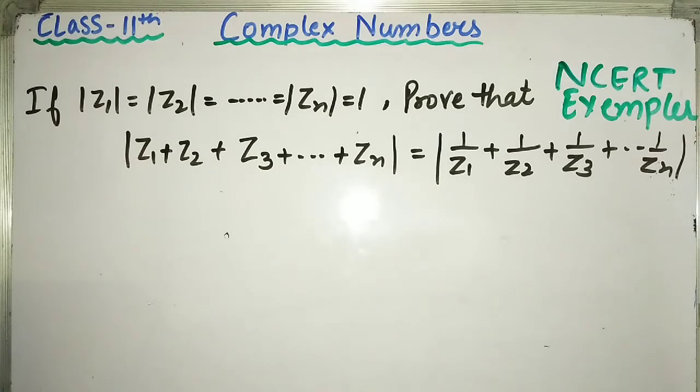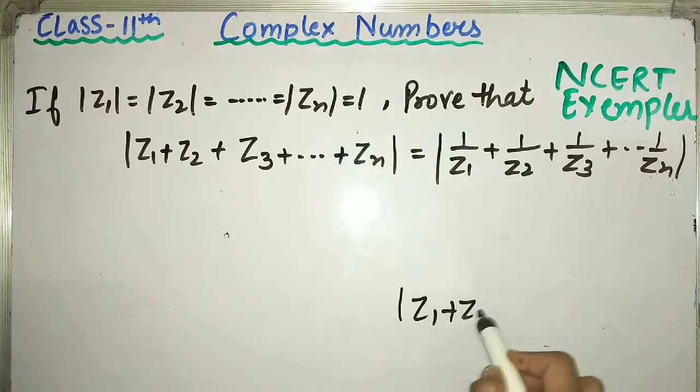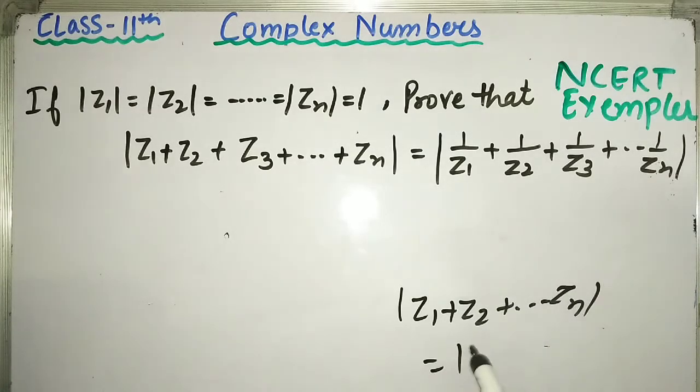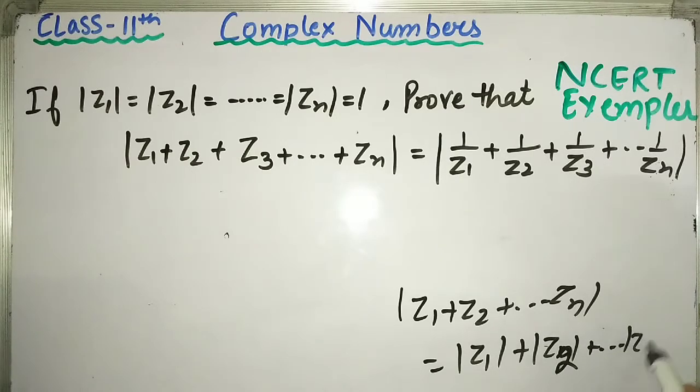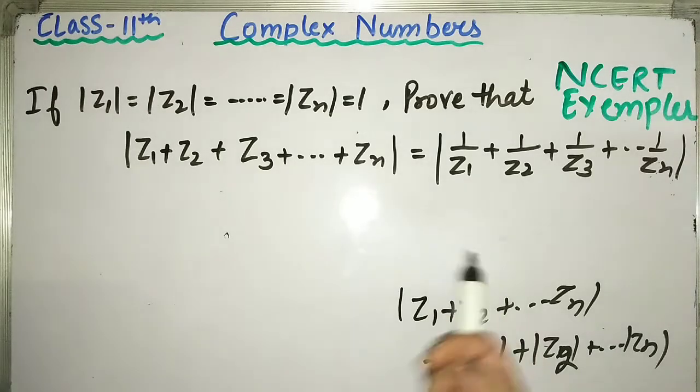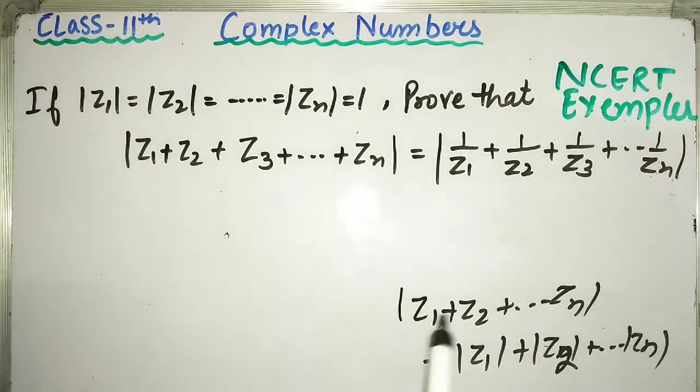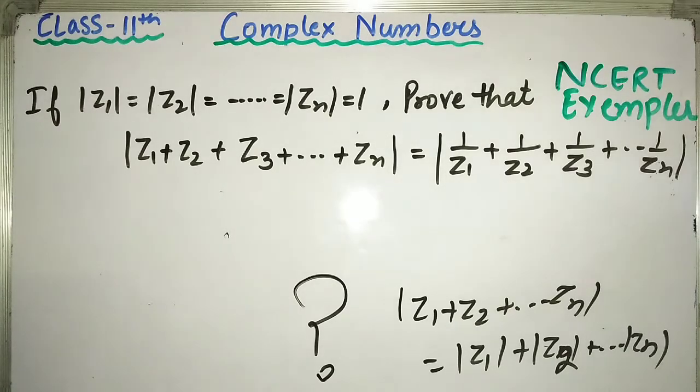Now students, how to tackle these kind of problems? Because I only know this result. I know it very well. We will separate all the modulus and so on. But do you think it is useful for us? I don't think so. This result is not of my use if I separate it, because I will not create its right hand side. How to create the right hand side? That is the big question here. That's why this question is tricky as well as important. So how to create its right hand side?